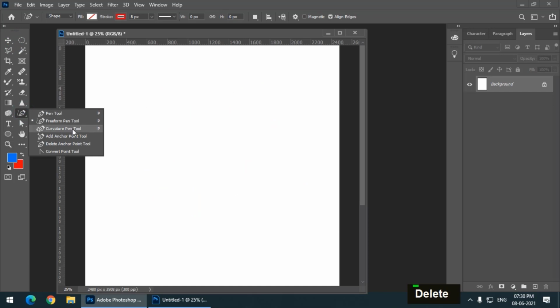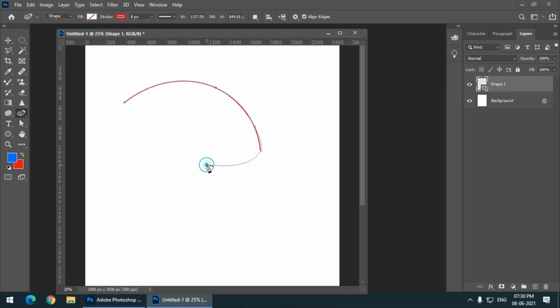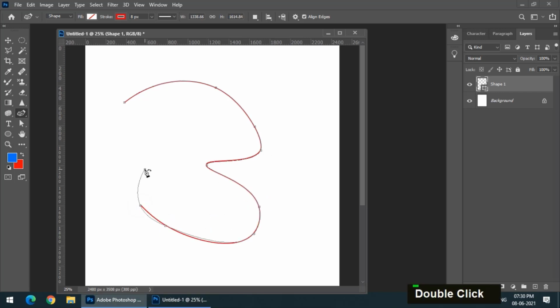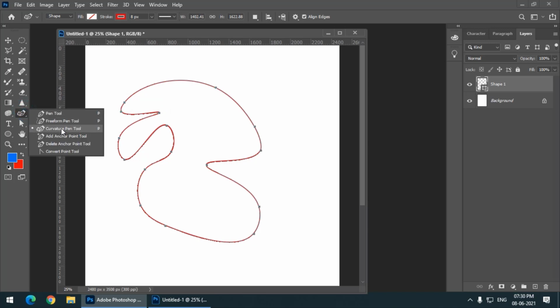And there is one more tool called as curvature pen tool. So if you want only curves, if you do not want any straight line, then we can use the curvature tool. So this will first, it will give one straight line, but after that it will create curves. Even if we choose straight path, it will create curves instead of straight lines. So if you want to create only curves, then you can use curvature pen tool.